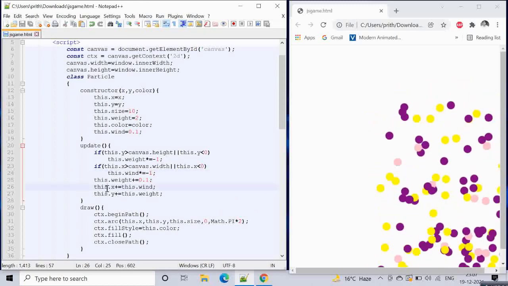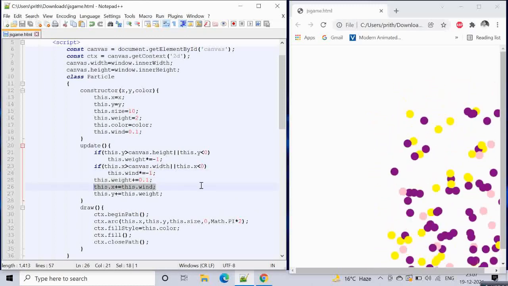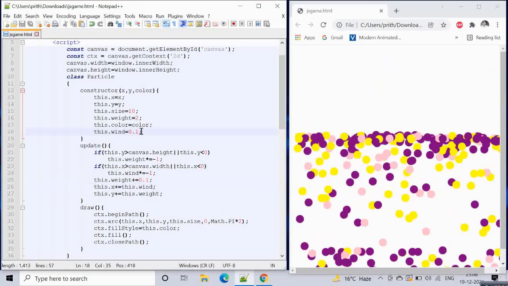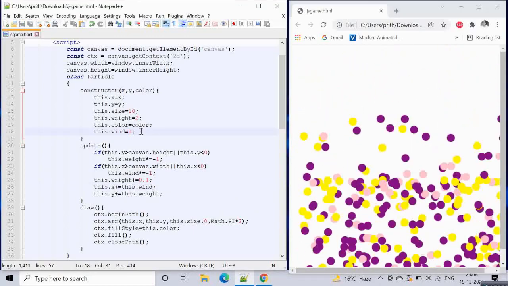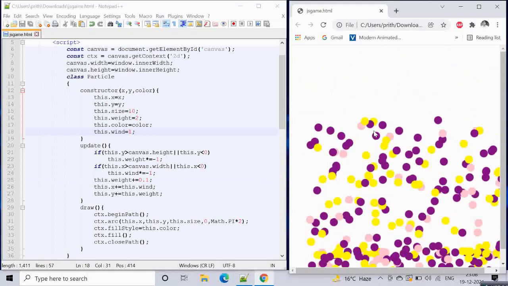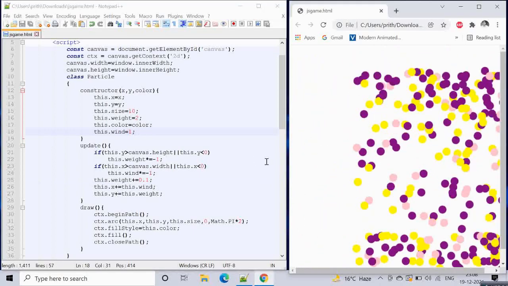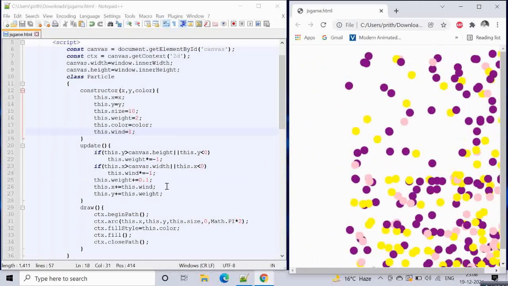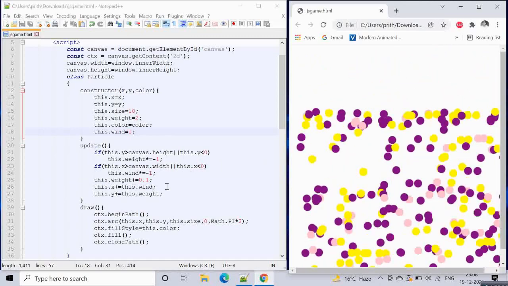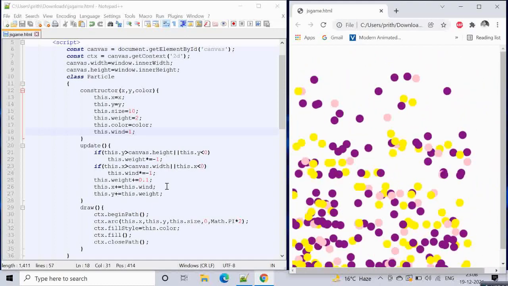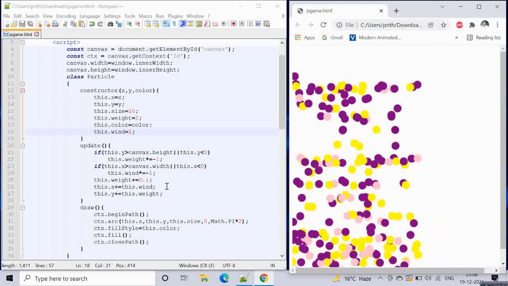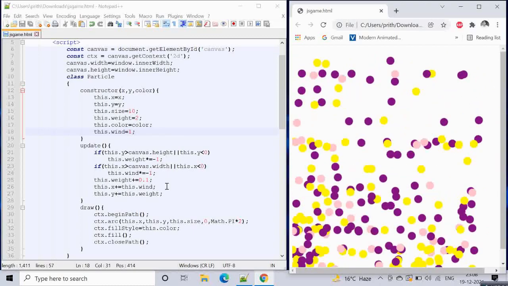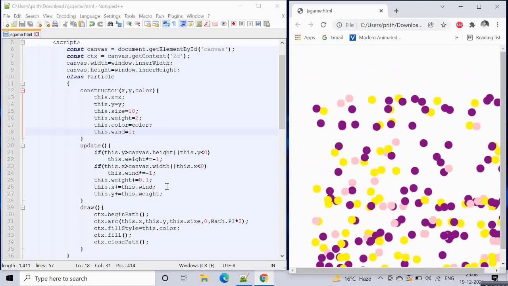That will bring it back. If I increase it for now, just so that things happen a bit faster, you see it's moving in the right hand direction, but then it starts coming to the left side again, because it cannot go out of the screen now. Once it reaches the right boundary, it comes to the left side again.